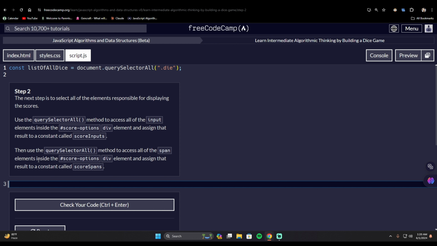The next step is to select all of the elements responsible for displaying the scores. Use the query selector all method to access all of the input elements inside the score options div element and assign that result to a constant called score inputs. So let's do the first one by writing the const and then the name of the variable should be score inputs in camel case and assign it to the document